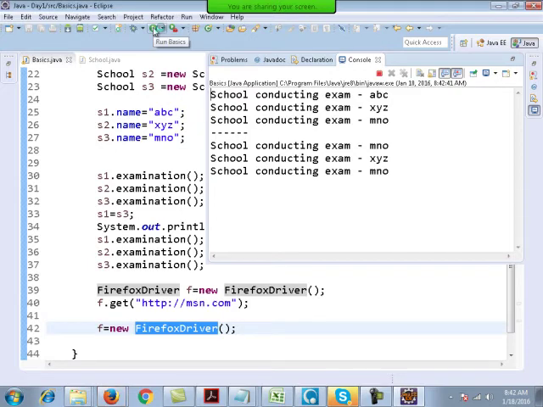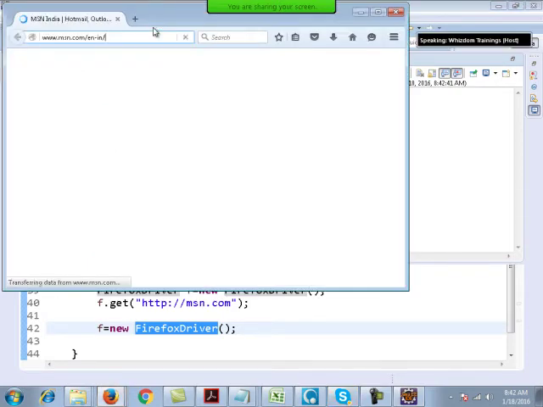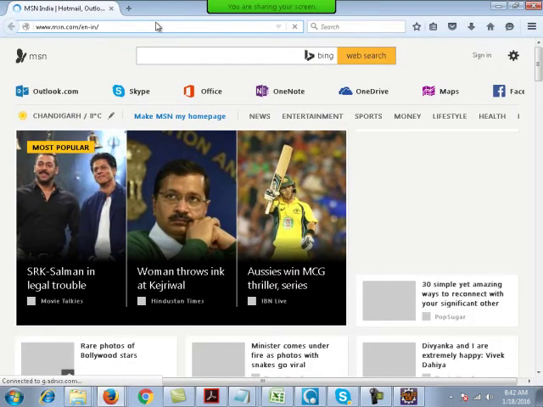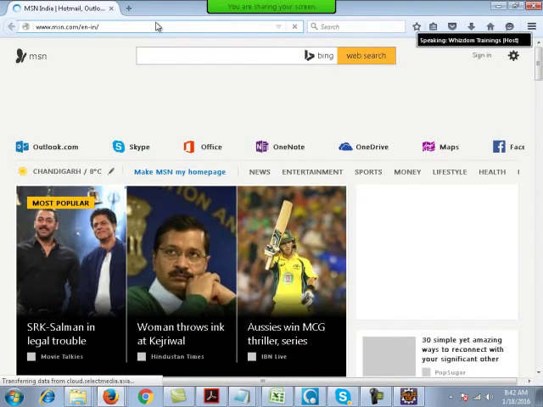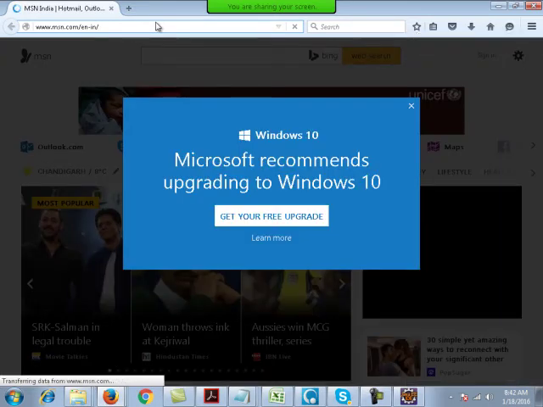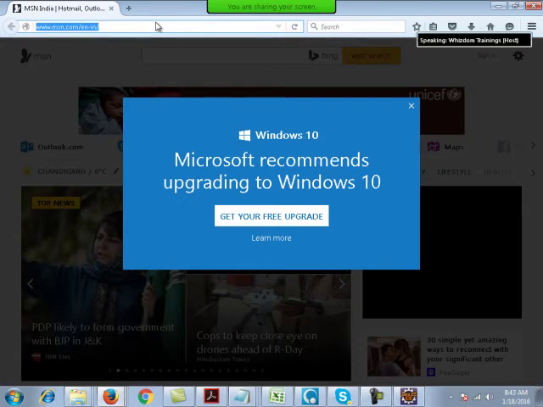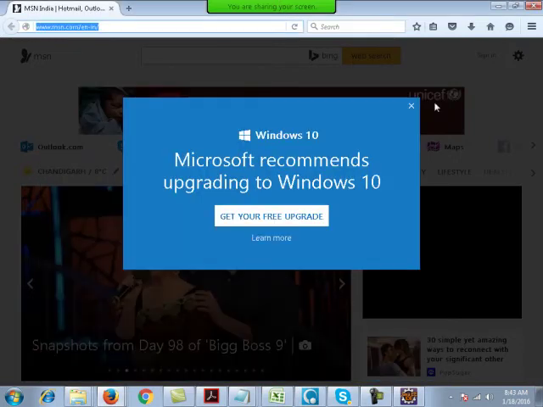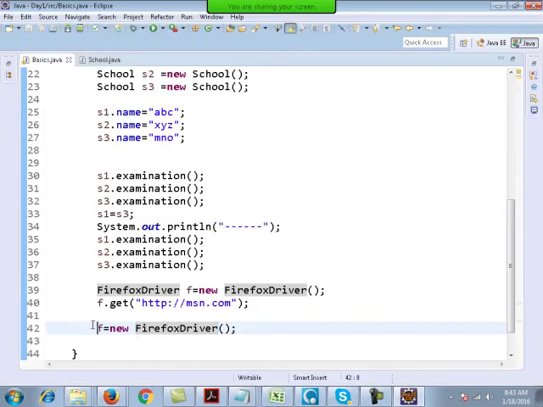So if I run this, it will open one Firefox, take it to msn.com, and then in the end it will open a new browser after that. You see that? Then f will control the new browser.